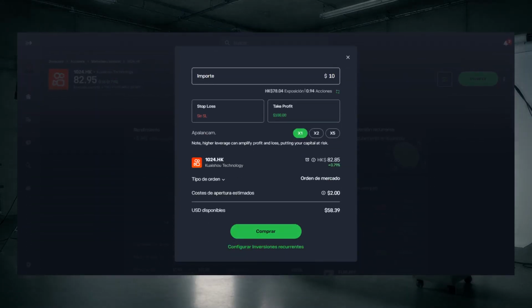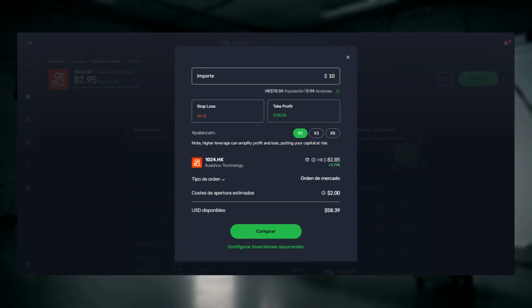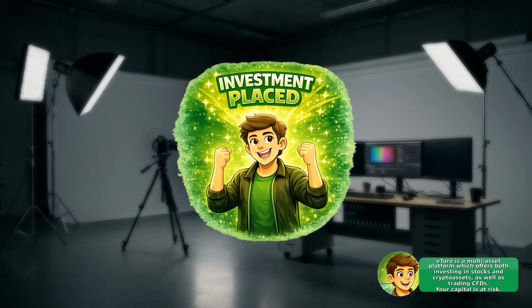Tap Invest. Enter the amount you want to buy, then review and confirm the order. If the market is closed, your order may be queued for the next session. If you don't have sufficient funds, the platform will prompt you to add money before the purchase can complete. Your new position will appear in your portfolio once